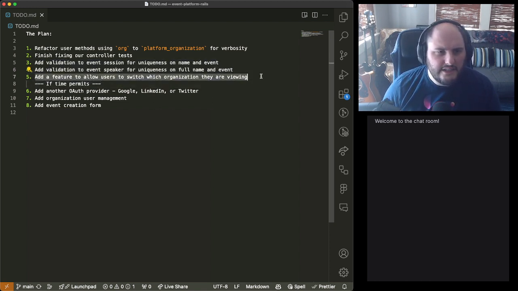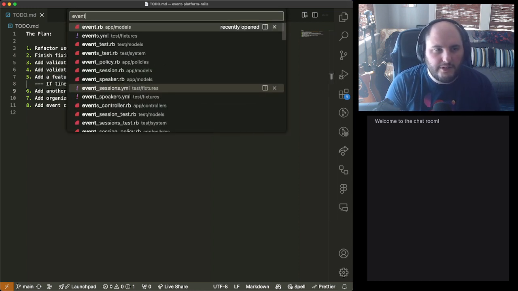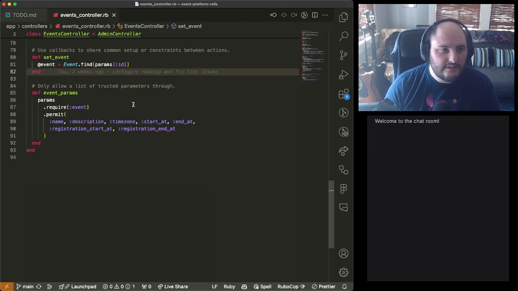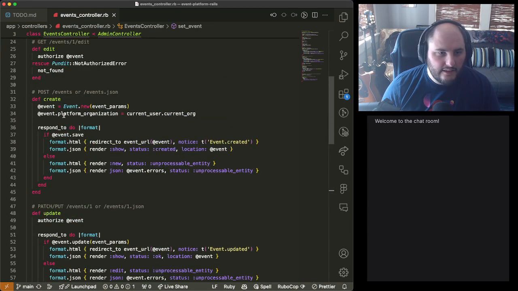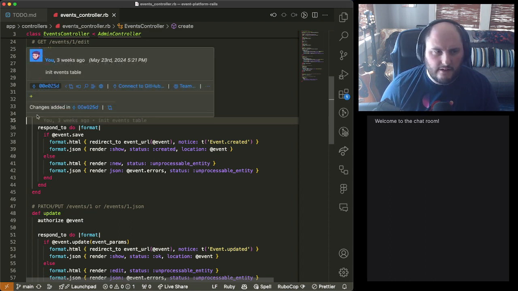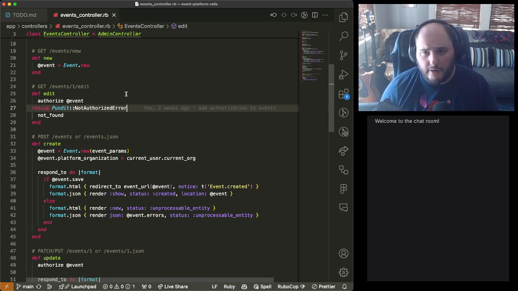Another thing we're going to do is start allowing users to switch between their organizations, because you're going to remember last week in our events controller, we added a little bit of code that said, when we make a new event, let's just set it to the current user's current org, which we said maybe isn't the best thing to do. Maybe this is wrong, something we need to look into, because we want to make sure that the event is created under the right organization for permissions. And because we have Pundit, we're going to want to make sure that we're doing that correctly.